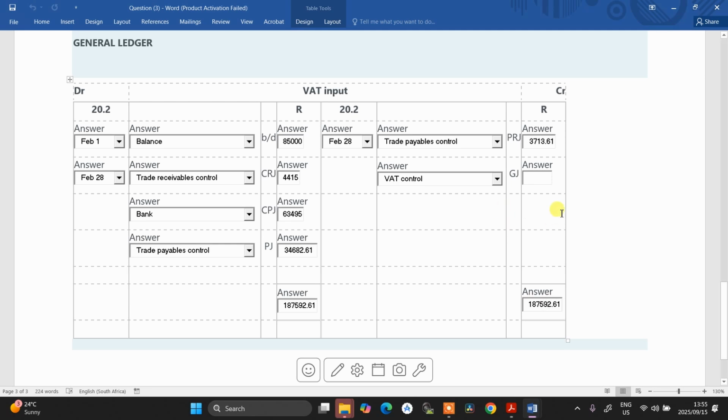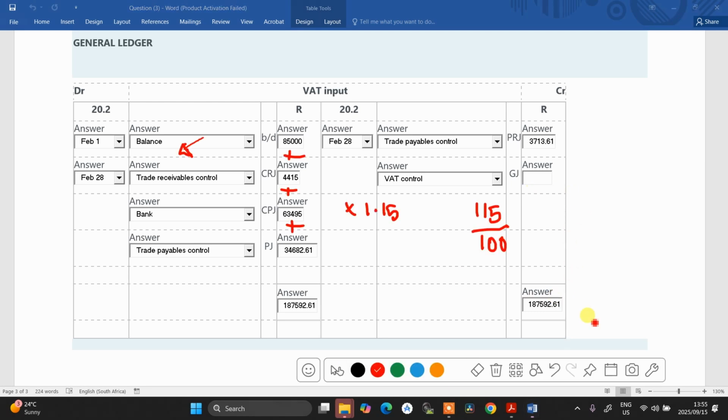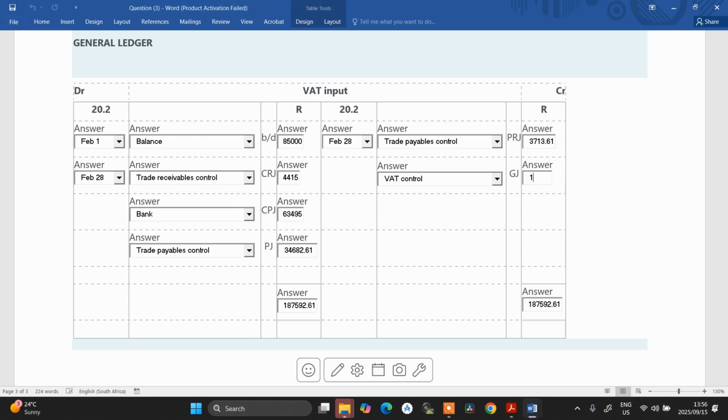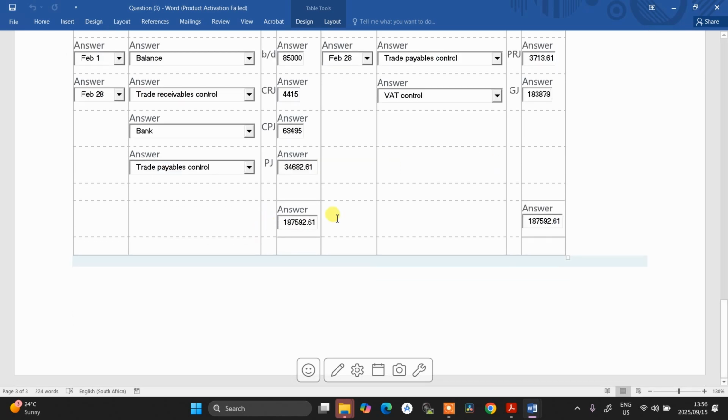Okay, after calculating this value, simply subtract this value here from this. Okay, and whatever you get, you're going to write it here. Okay, so you're going to subtract minus. Okay, 183,879. Okay, so if you've done everything this way,